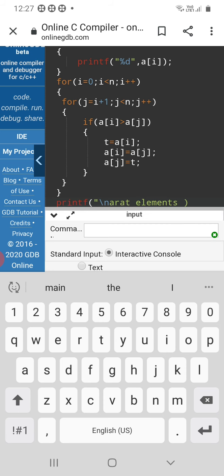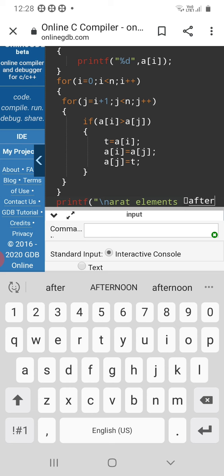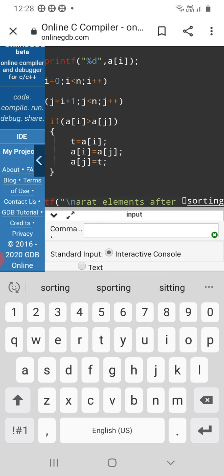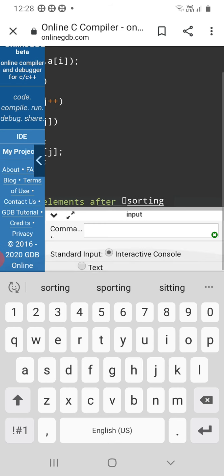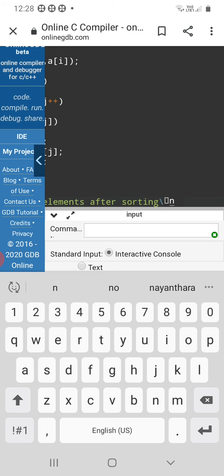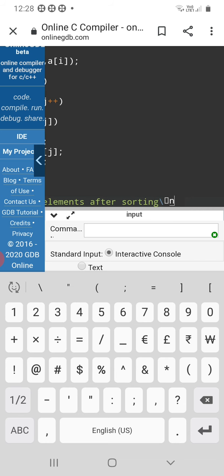After the execution of the upper part of the program, the ascending order of the array is available after sorting. Backslash n to print on the next line, by closing the close bracket.